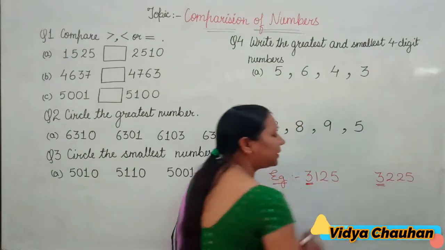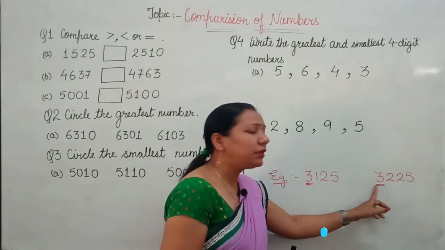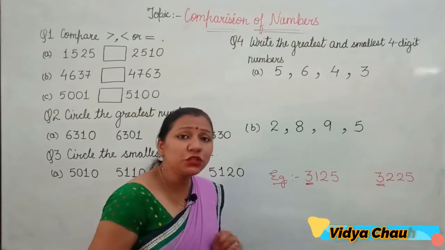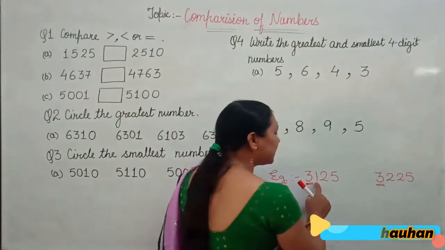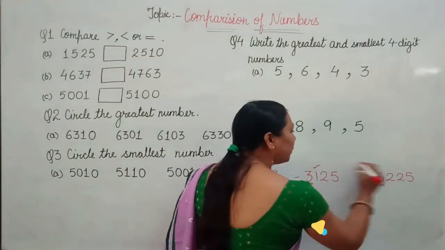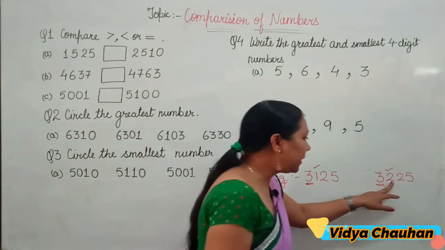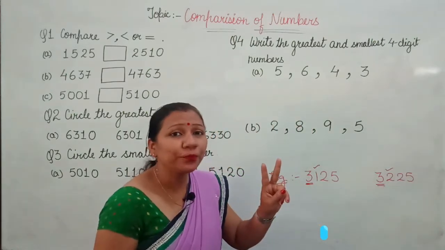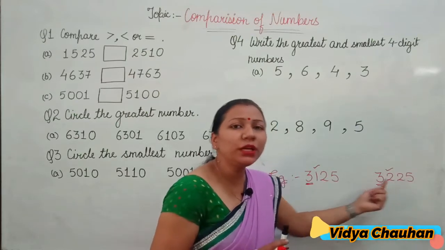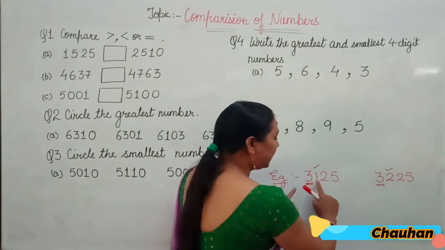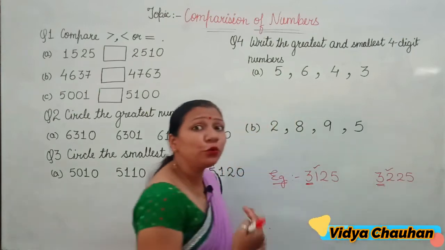That means the first digit at thousand place. So if I compare the digit at thousand place in both these numbers, you can see both are equal. 3 and 3, they both are equal. So if these two digits are equal, then what you have to do? You have to move to the next place digit, that means the digit at 100 place. What is the digit at 100 place here? In the first number, the digit at 100 place is 1, and in the second number, the digit at 100 place is 2. Right? So here the values are not equal, but 2 is greater than 1. It means at this place when we are seeing that 1 is less than 2, it means 2 is greater.